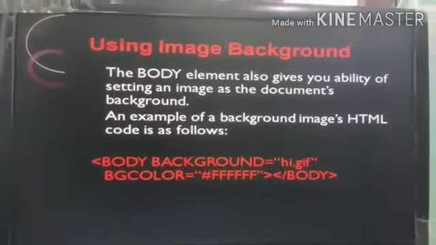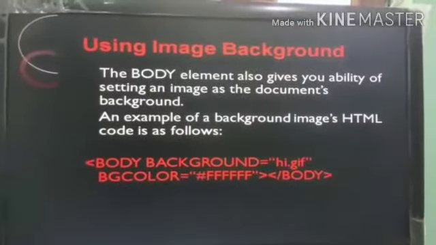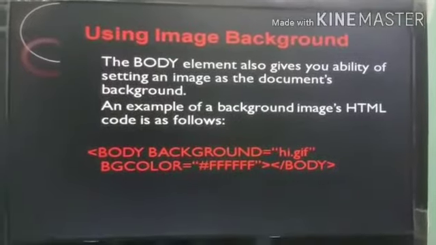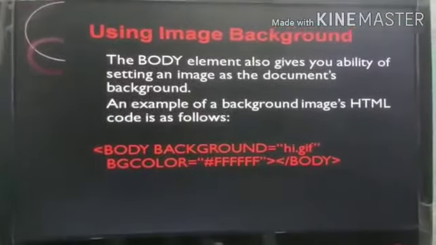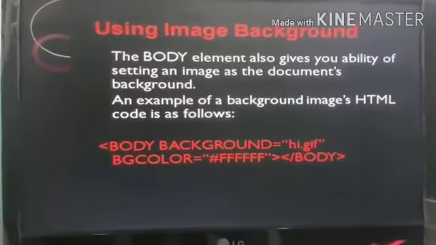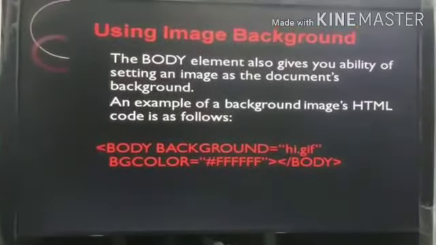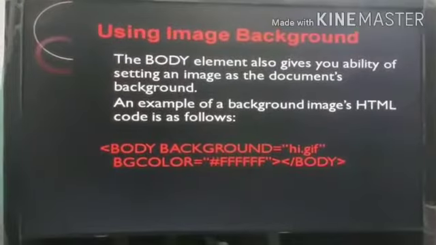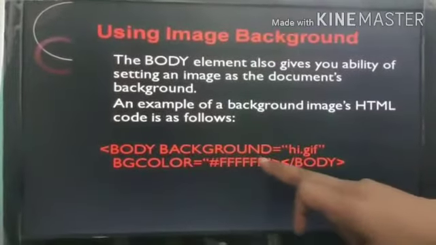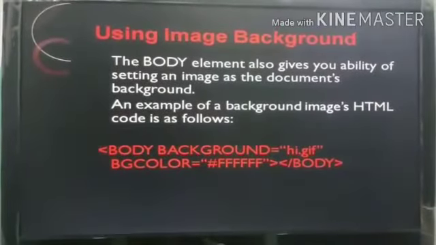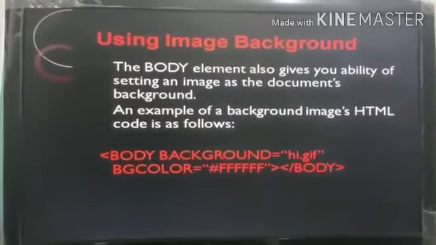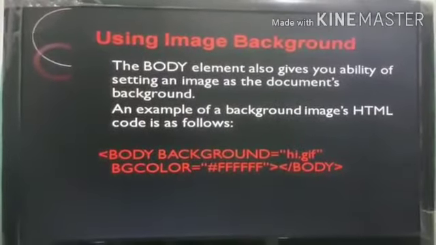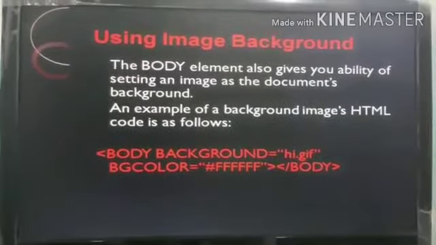The next attribute of body tag is the background attribute. If we want to set an image as a background for our web page, we can use the background attribute of body tag. Here we use background, and inside double quotes we have to provide the name with its extension of the image which we are going to apply as a background.